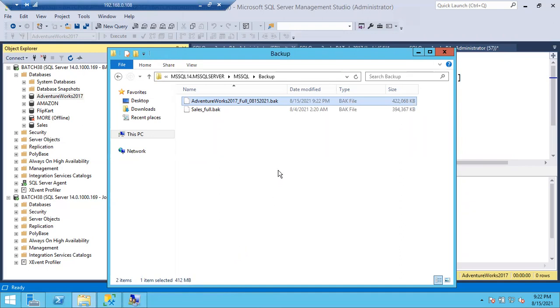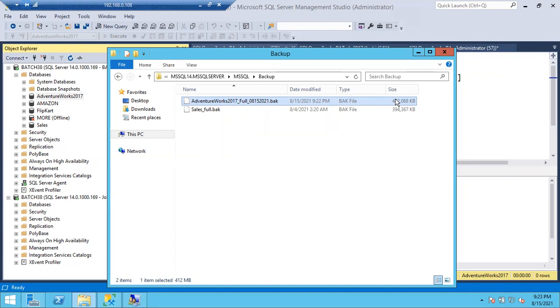So what is this file called now? Media set, not backup set. If you have only one backup in the file, that is a backup set. Now we have two full backups in this file, right? You took the backup two times with the same name in the same location. Earlier we had only 206 MB, now one more 206 MB full backup is added.